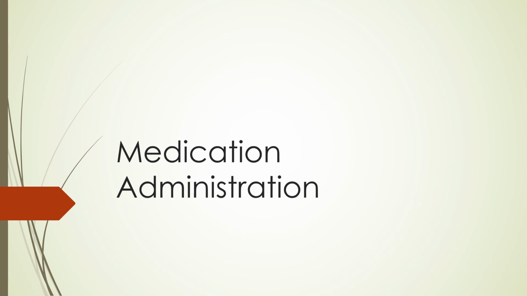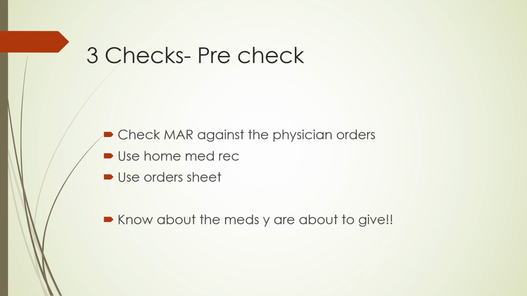This is part 2 of medication administration, where we're going to focus on how to actually administer medications using our 3 checks. Before we administer any medication, we must do the 3 checks. We do the 3 checks every single time we administer medication. This is our safety check. This is where we're going to catch any errors and prevent patient harm. Failure to do the 3 checks is what allows errors to occur.